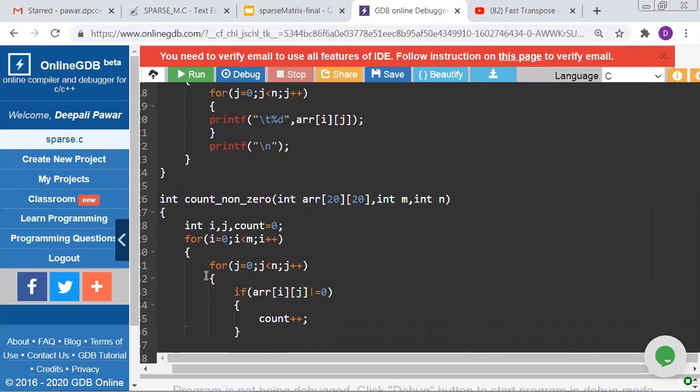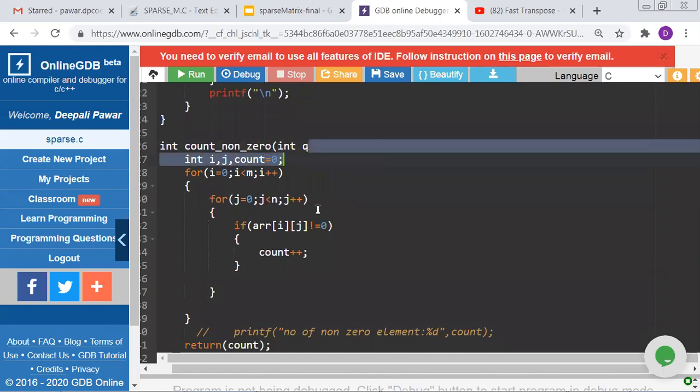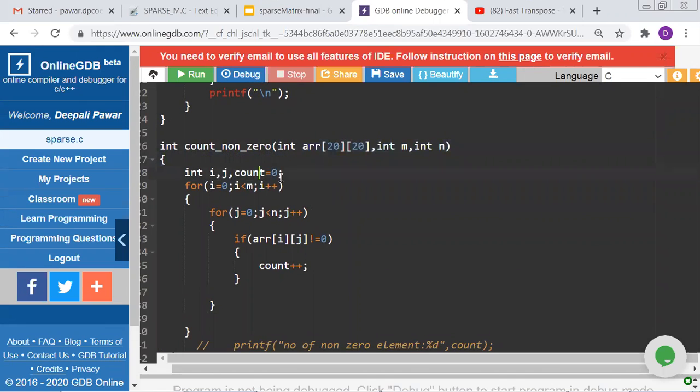हमें क्या करना है, जस्ट कॉन्सेंट्रेट ऑन दिस फंक्शन। काउंट नॉन जीरो फंक्शन में हम लोग क्या कर रहे हैं, पर्टिकुलर एरे में जो भी एरे 1 हो एरे 2 हो, उसमें हम नॉन जीरो एलिमेंट्स पर कॉन्सेंट्रेट कर रहे हैं, हमें काउंट करना है। ओके, सो दैट्स व्हाई वी आर यूजिंग दिस फंक्शन। और जब मुझे वैल्यू काउंट करना है, मीन्स व्हाट, आई हैव टू गिव द फंक्शन एज अ रिटर्न टाइप। सो इंट। काउंट की वैल्यू मुझे इंटीजर चाहिए, क्योंकि कितने टोटल नंबर ऑफ नॉन जीरो वैल्यूज हैं वो मुझे स्पार्स मैट्रिक्स में रिप्रेजेंट करने हैं, इसीलिए ये सेपरेट फंक्शन यूज किया और उसका रिटर्न टाइप है इंटीजर।